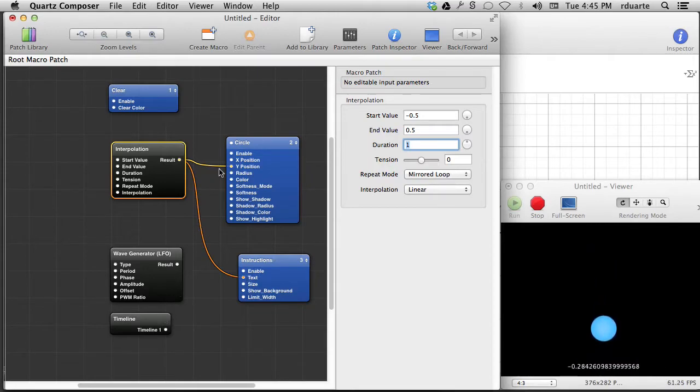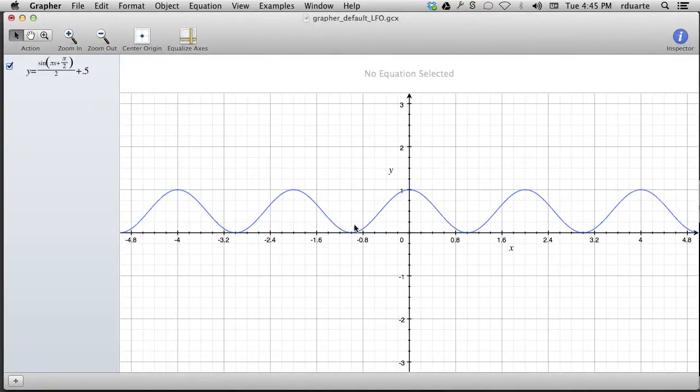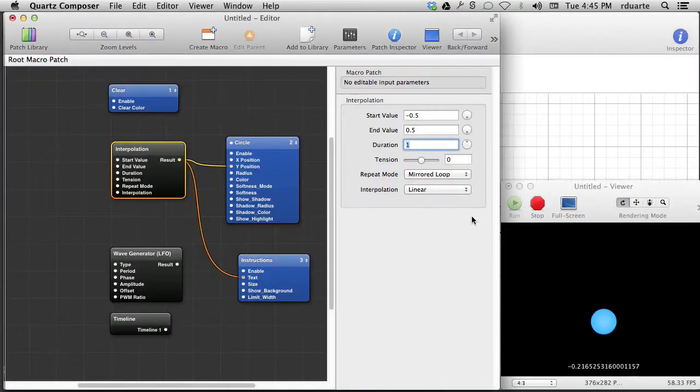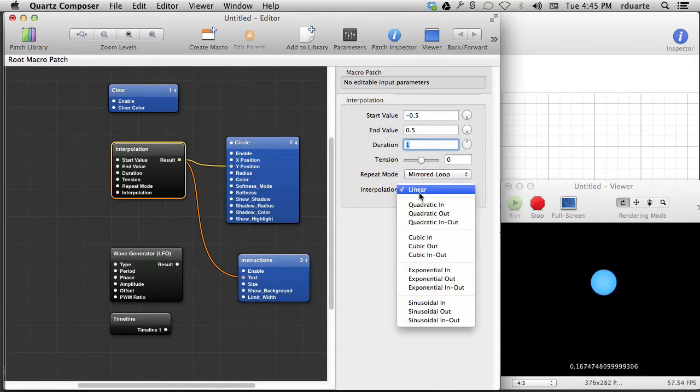But basically, we're talking about a waveform that looks like a triangle, so it's going up and down with these really sharp angles. A sine wave, I'll give you a quick sneak preview of this. This is a sine wave, so if we have that kind of fluid motion, then we should see that ball slowly come to the end and then slowly start up again, picking up speed. So let's try it. If we do sinusoidal in,